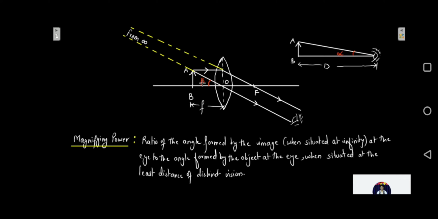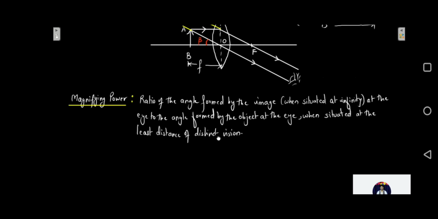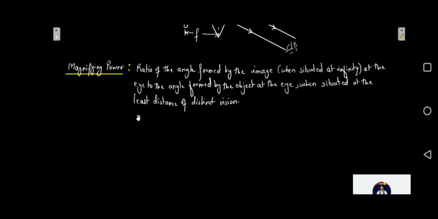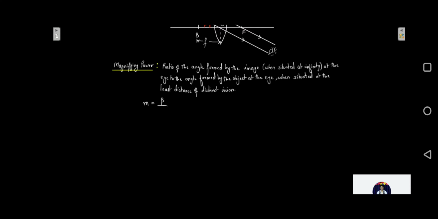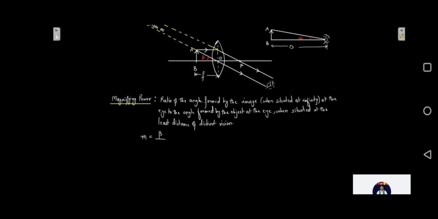So just to avoid complication in the figure, I have drawn it separately over here. How will you write down the magnifying power formula? M is going to be equal to beta, as I have shown you in the figure, divided by alpha. And since alpha and beta are small angles, we can write it as tan beta upon tan alpha. So if you see this triangle